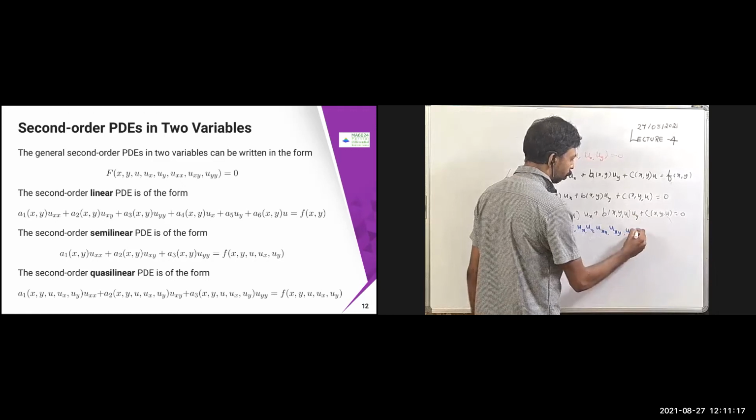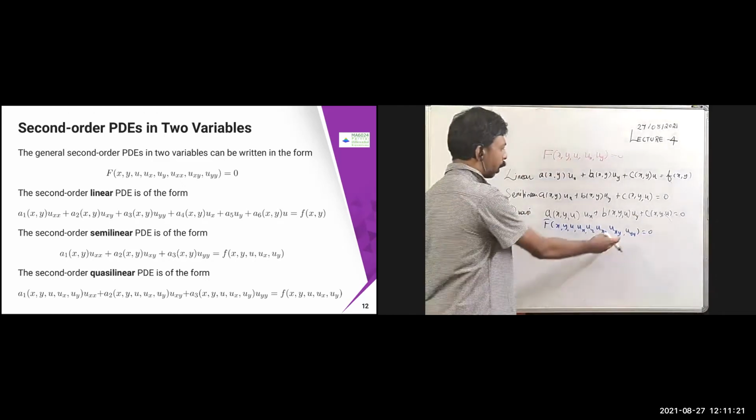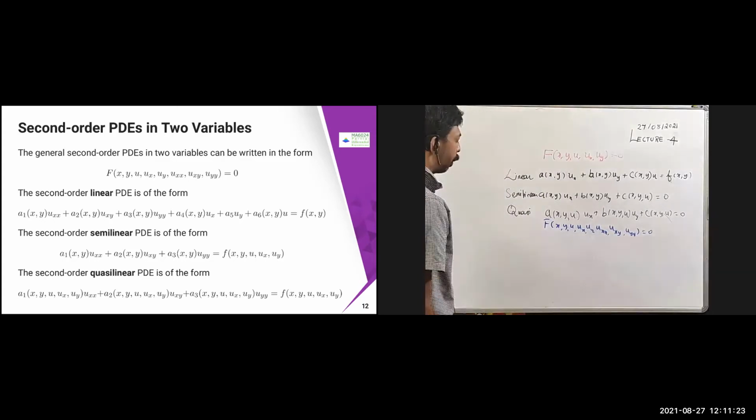Okay, so this is the one I'm going to write. I'm just ignoring uy comma x. Of course, you can put uy comma x also. It doesn't matter. We are going to stick to this one, because for the entire lecture we are mostly going to assume that continuously differentiable functions are there. Okay, so that part you are going to assume.